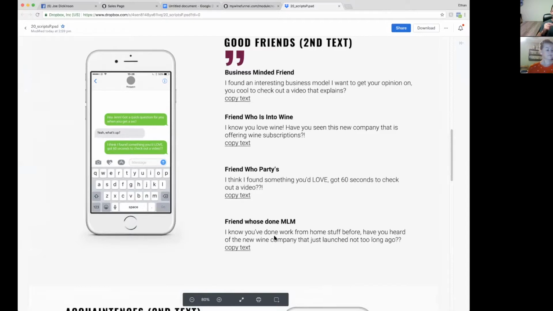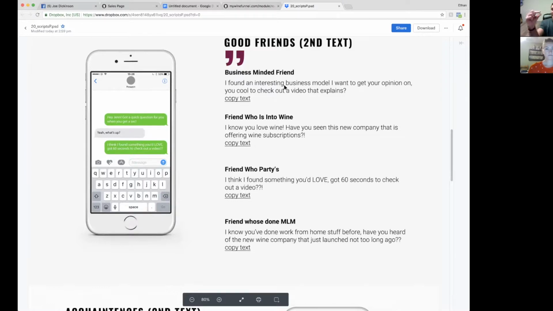By the way, if you guys have suggestions where you're like, "Joe, I want to go reach out to people who were in Direct Cellars, who were in my organization, they're no longer, want to reapproach them," let me know. I'm like a script master. I love them. So anyways, going back to this hypothetical, if Jen was a business-minded girl that I knew, I might want to send her a text like this.